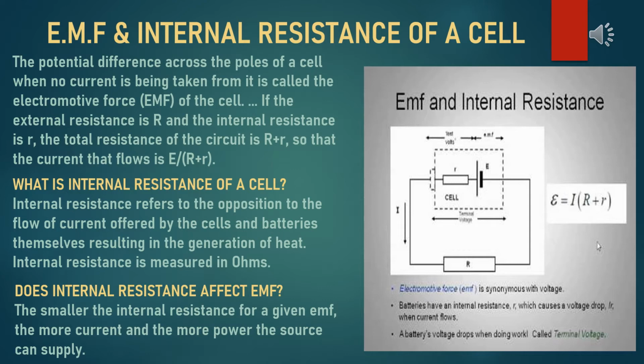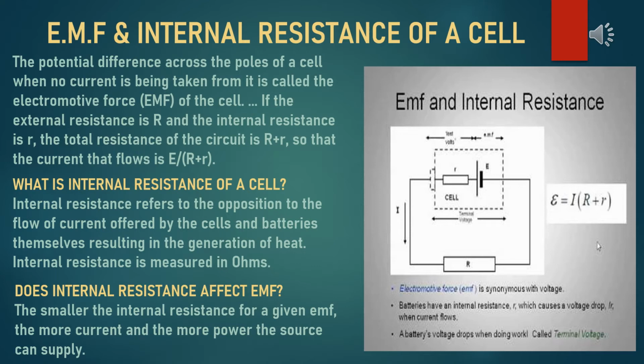So, internal resistance will decrease, the current flow will increase. Hope you have understood. So, when current is drawn from a cell, the current flows from anode to cathode in the external circuit and from cathode to anode inside the cell through the electrolyte to maintain a steady and continuous flow. So outside the cell, current is flowing from anode to cathode, and inside the cell, current is flowing from cathode to anode. The resistance offered by the electrolyte inside the cell to the flow of current is called the internal resistance of the cell.